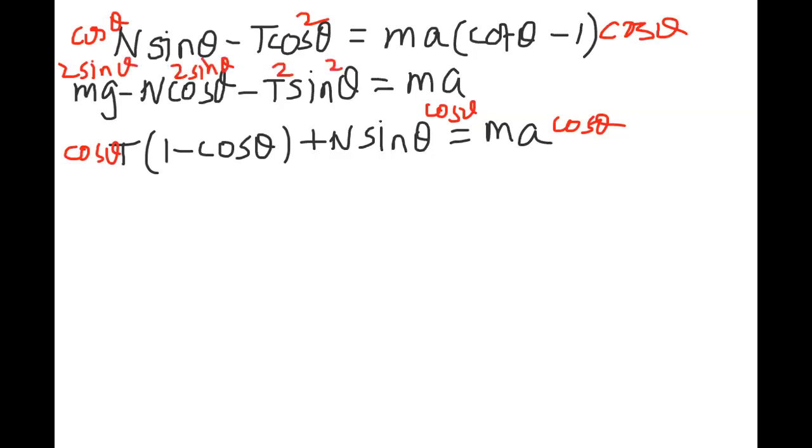यहाँ 2 sin square theta हो जाएगा, यहाँ पे 2 sin theta हो जाएगा। हाँ, अब कैसे उड़ रहा है बता मेरे को। फिर सबको ऐड करेंगे तो n cos theta sin theta minus 2n cos theta sin theta plus n sin theta cos theta, ये गायब हो गया। ठीक है। इसके बाद सर, फिर t वाले में minus 2t cos square theta हो जाएगा और सेकंड इक्वेशन में है minus 2t sin square theta। वो तो minus t हो जाएगा।